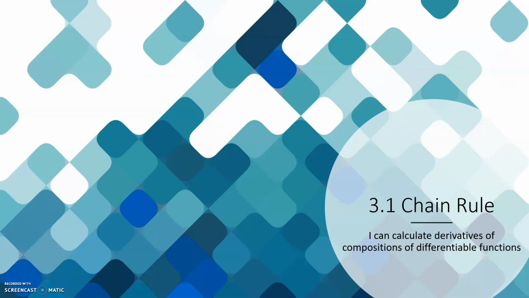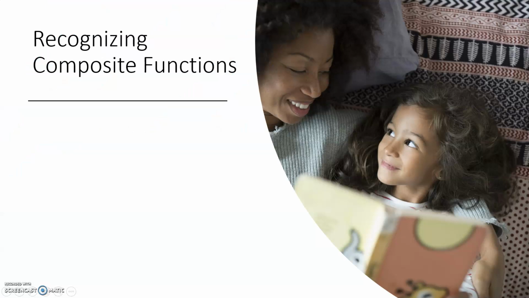We begin chapter 3 with another derivative rule. We've had the product rule and the quotient rule, and this one is the chain rule. The chain rule is for calculating derivatives of composite functions. So before you can calculate derivatives of composite functions, you have to make sure that you can recognize them when